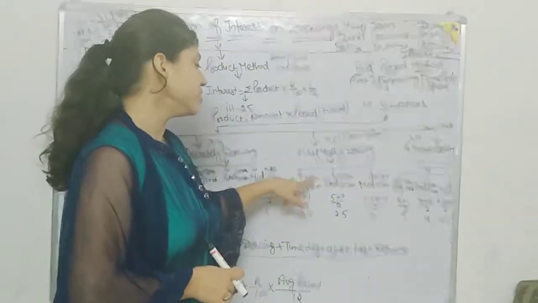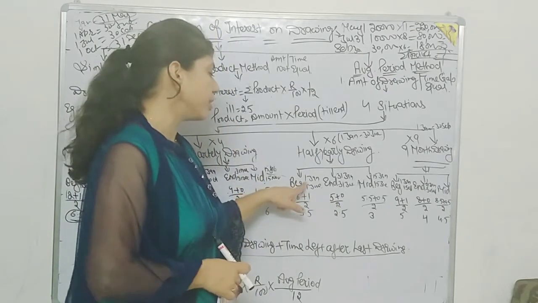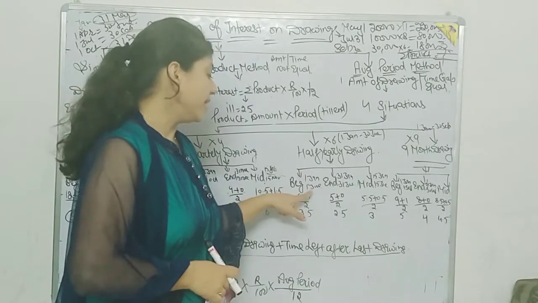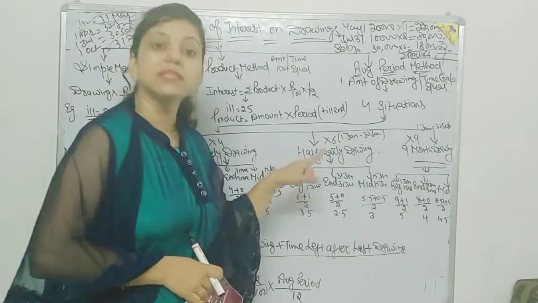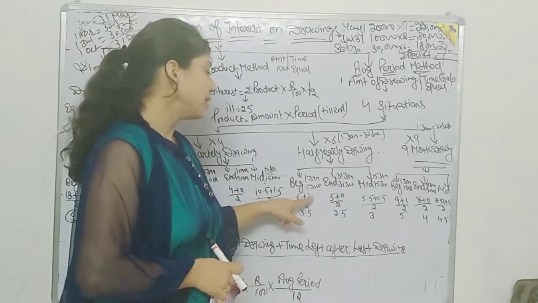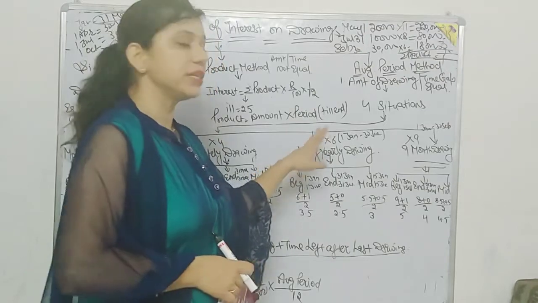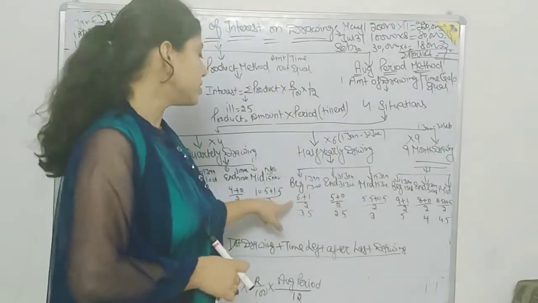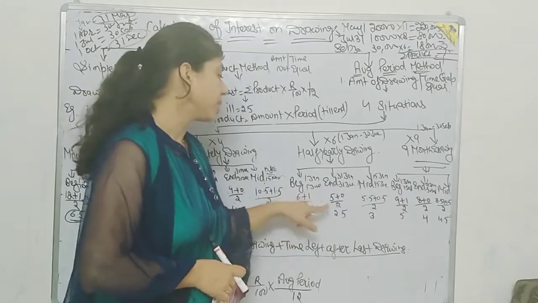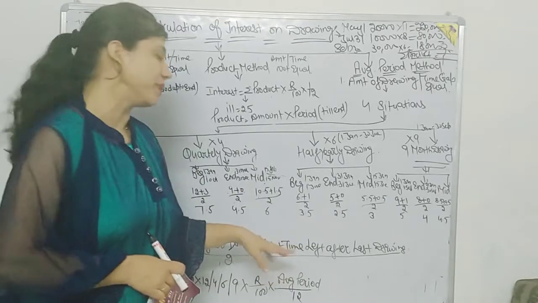So the time period is 1st January to 30th June. Beginning of half year means the first drawing is on 1st January, so time left is 6 months. And the last drawing is on 1st June as beginning of every month. So 1st June means time left is 1 month, because this question considers half year. So 6 plus 1 by 2, that means 3.5 is the average period. Don't forget to write 12 upon every average period.